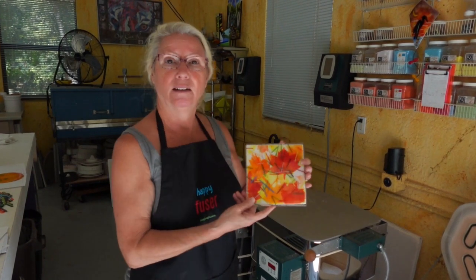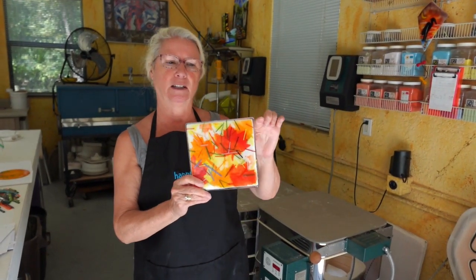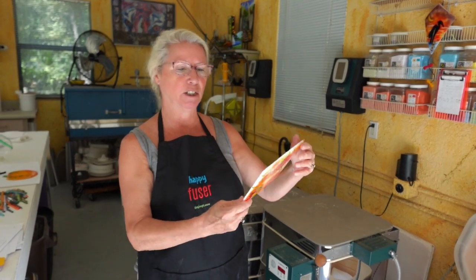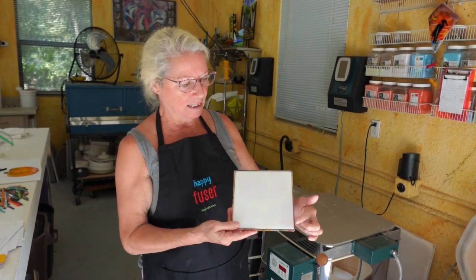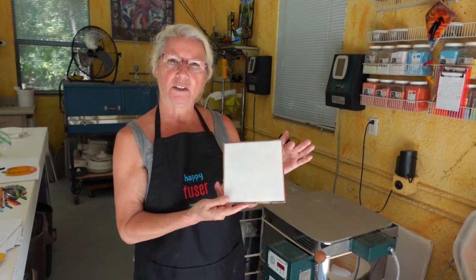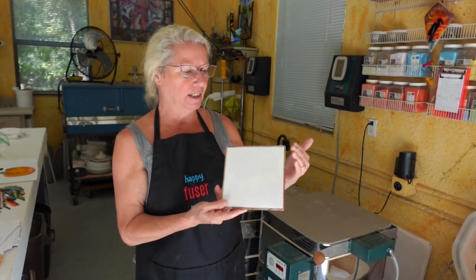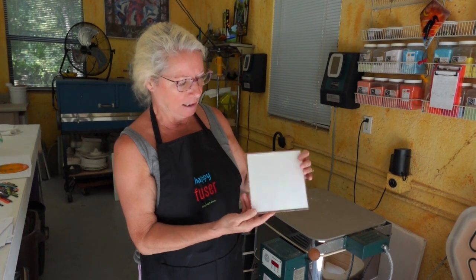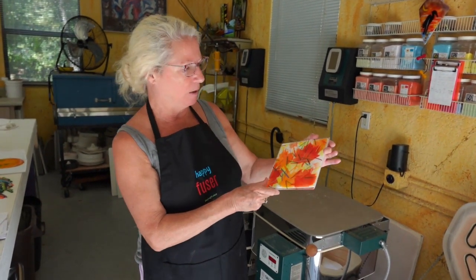So I'm really thrilled with the way this came out. Love the design. Look at this beautiful little clear border we have. Isn't that a nice detail? And I still have a really clean, crisp edge. And the reason for that is because that border only sticks out like 1/4 of an inch on each side. When you go bigger, it tends to shrink a little bit and you get a rough edge. But we have a really nice, beautiful, clear edge, which adds an extra level of detail to this particular piece